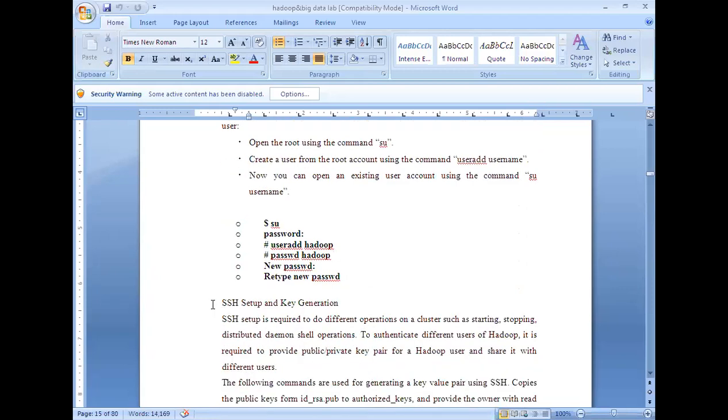Now, SSH setup and key generation. This is more important, because we are sharing our information from insecure lines. When we are communicating between two terminals, the data transmission should be more and more secure. So for that purpose, we use SSH, secure shell communication, by using